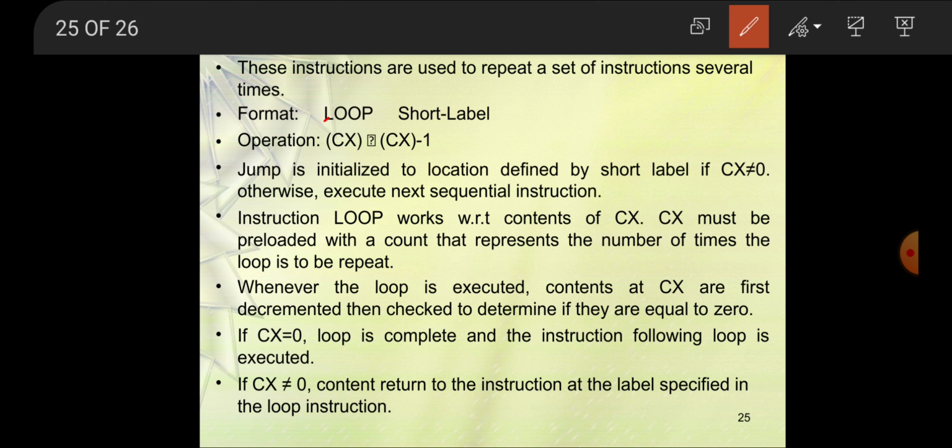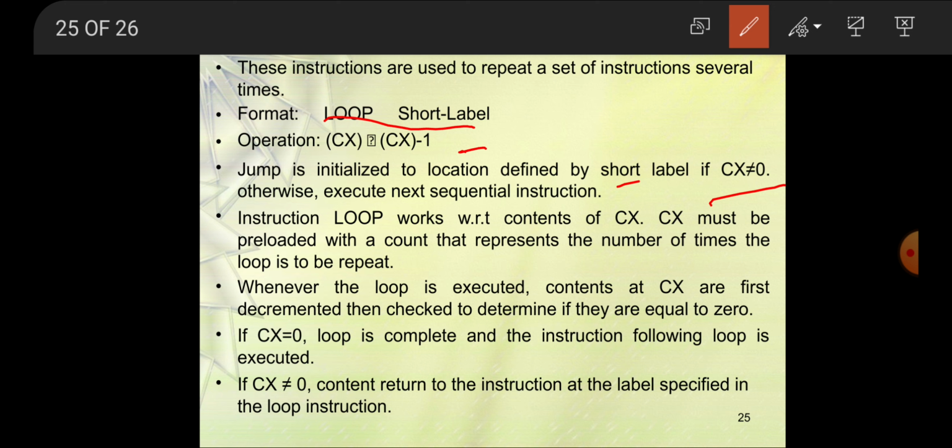The format is LOOP short-label. The operation is CX minus 1. The jump is to the location defined by the short label if CX is not equal to 0, otherwise execute the next sequential instruction. The loop instruction works with respect to the content of CX, which must be preloaded with the count that represents the number of times the loop is to be repeated.